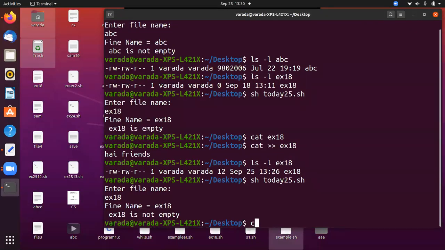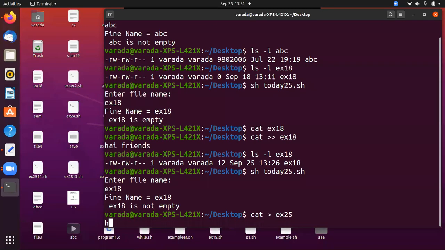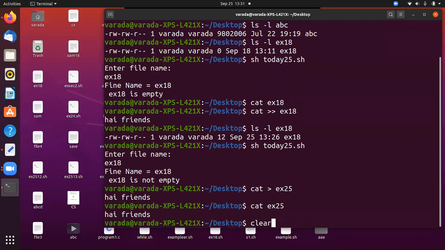Now we can check. We create one file with cat, ex25. This is the file name, ex25. In this I save "hi friends". This is the data I saved in this file. Okay, cat ex25 displays the message "hi friends".